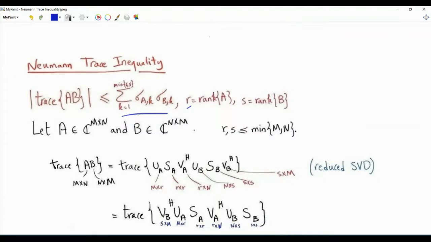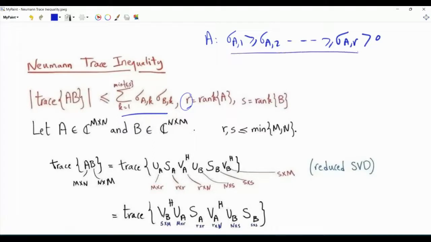So matrix A has singular values sigma A1 greater than or equal to sigma A2, all the way to sigma AR, which is strictly positive. Since the rank is R, A has R strictly positive singular values, and here they are in descending order. And matrix B has its singular values sigma B1, sigma B2, all the way to sigma BS,